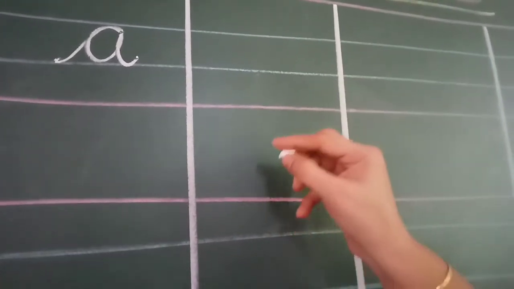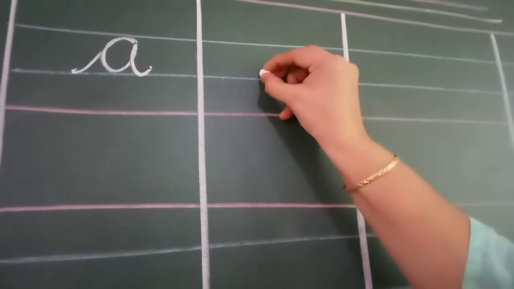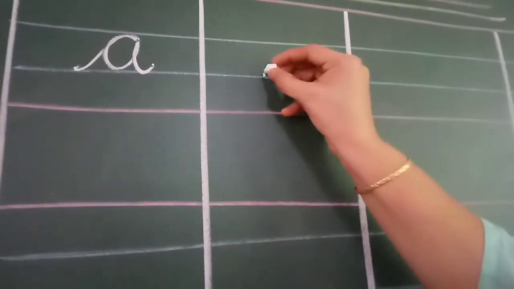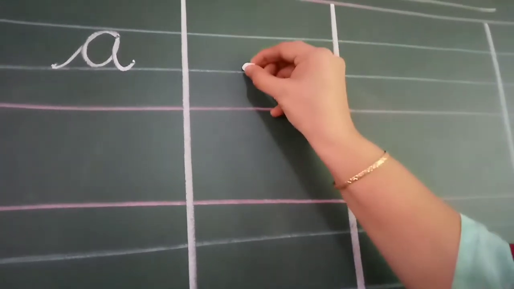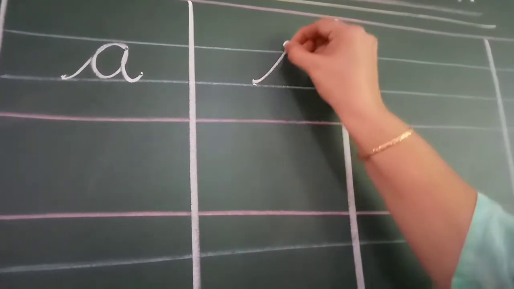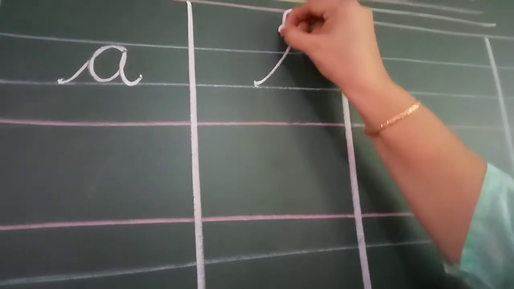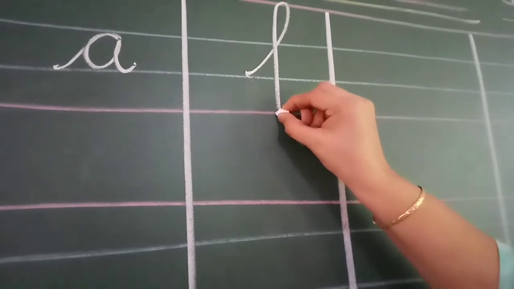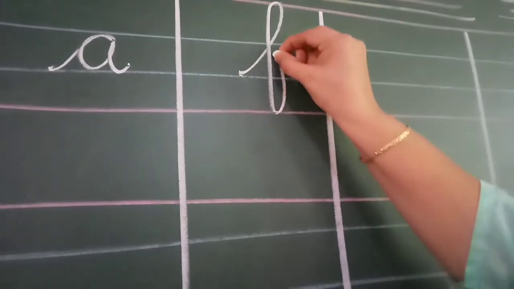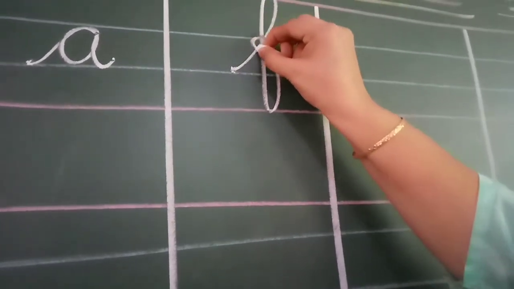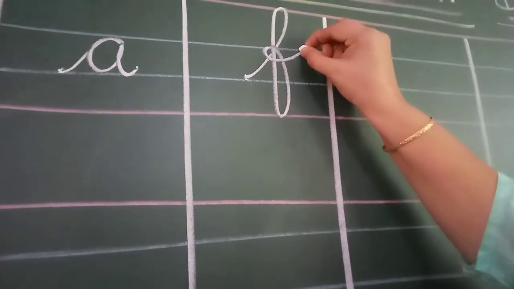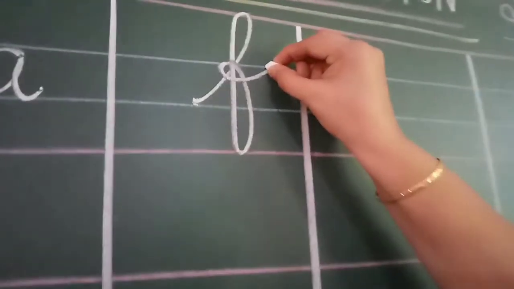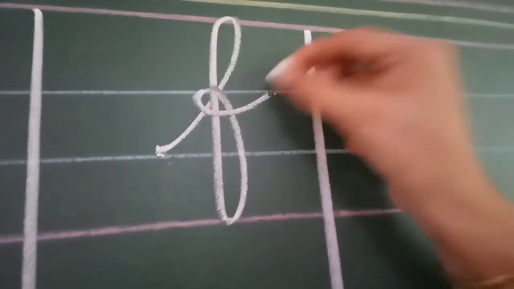Then comes the letter F. We require certain correction for letter F. Start from here, take from the second blue line, go up till the red line, make a curve, come down to the fourth red line, go up to the first blue line, make a curve and out. Children, please note, and mummies do note, you have to write like this.